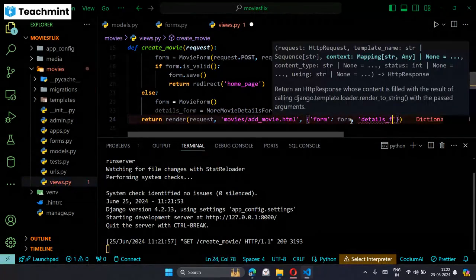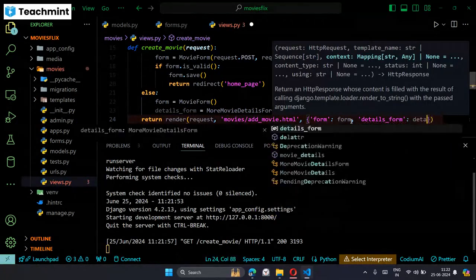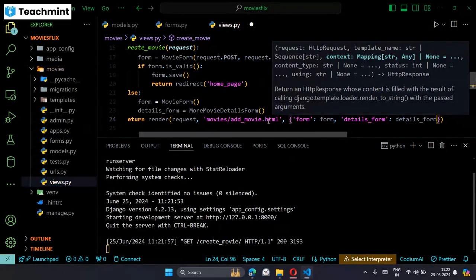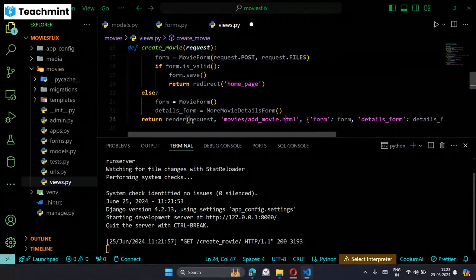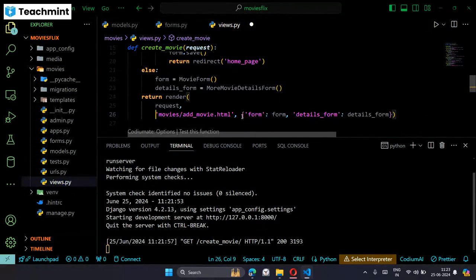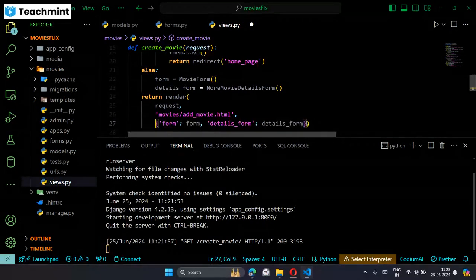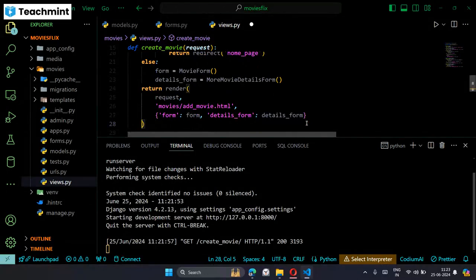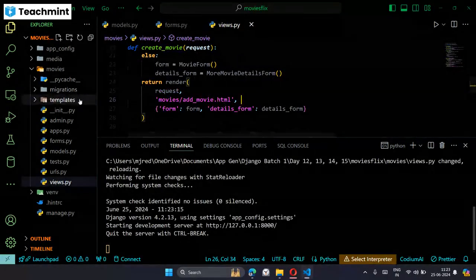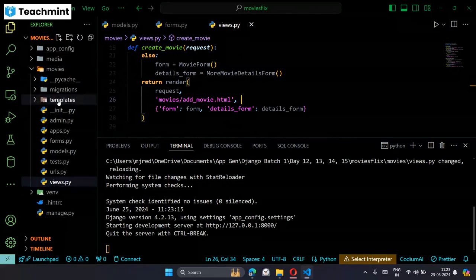Details form. Okay. So now I'm sending both these forms to the front end. So let me see the